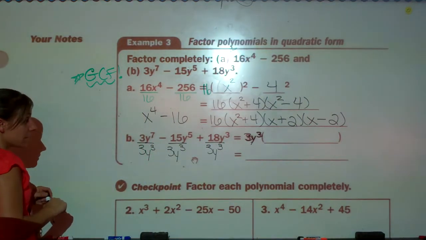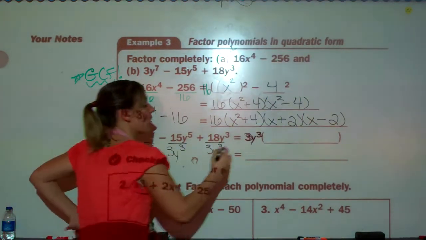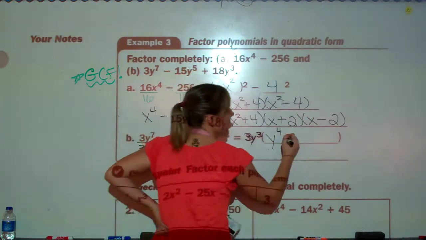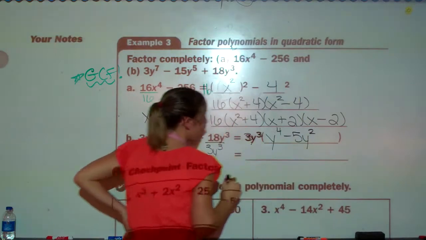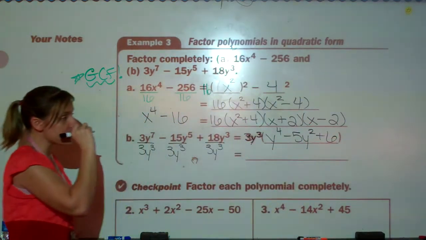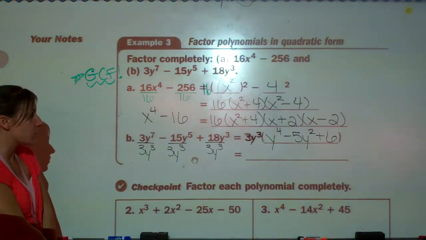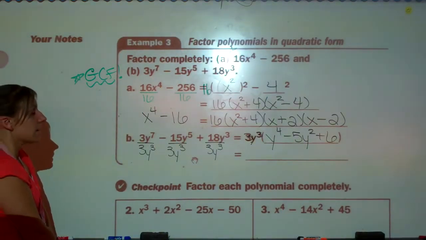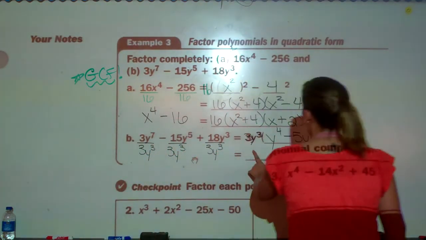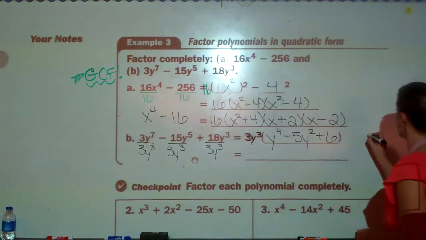Okay, and we get y to the fourth. Here we get minus 5y squared. And here we get plus 6. Now, this is just kind of a funny way of doing our x. Okay, so in order to do our x, now that we've divided out our GCF, our leading number